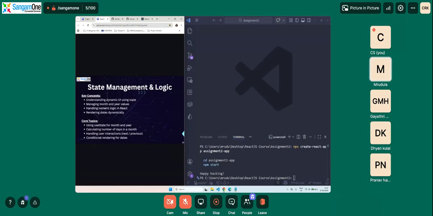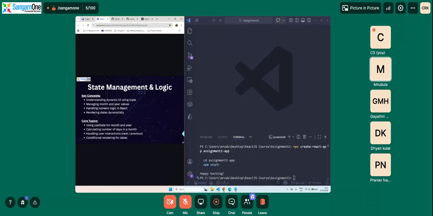Okay. So also if you click on next and previous buttons, as I told you, we will be dynamically seeing the next and the previous month dates as well. If you click on previous from February, it shouldn't display December 2025. It should display Jan 2026. Similarly, if you click on next, it shouldn't display say November 2026. It should display March 2026. So state helps in maintaining the relatability between month and year values. Okay.